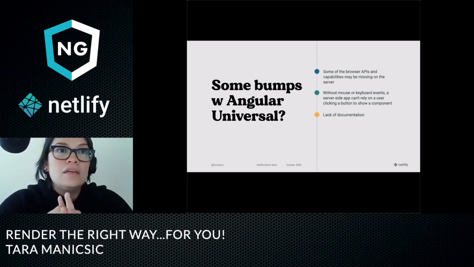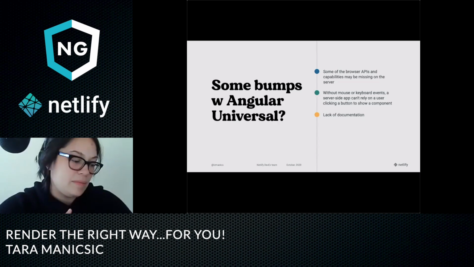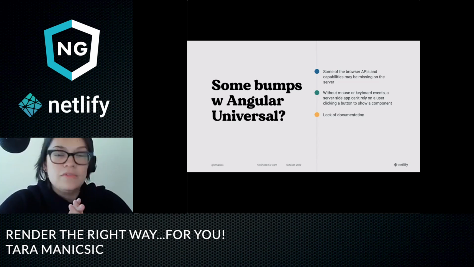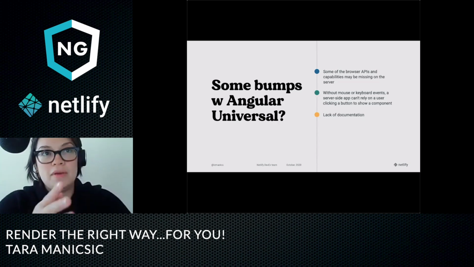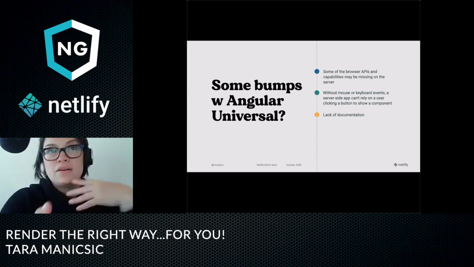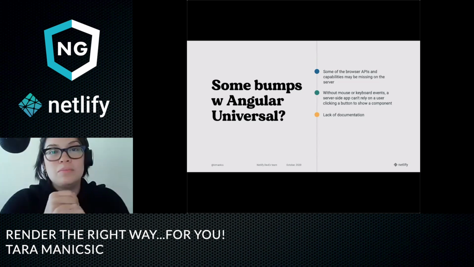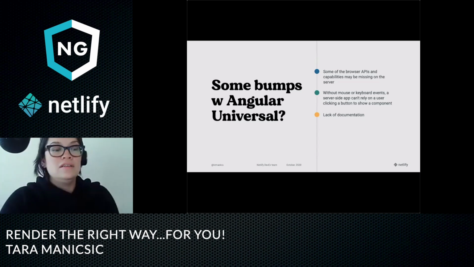But in the documentation, Angular provides some injectable abstractions to help overcome not having these APIs at the ready. But you don't have things like mouse and keyboard events. So without those events, the server-side app can't rely on a user clicking a button to show a component. Those kinds of interactions, unless you use those injectable abstractions, can be